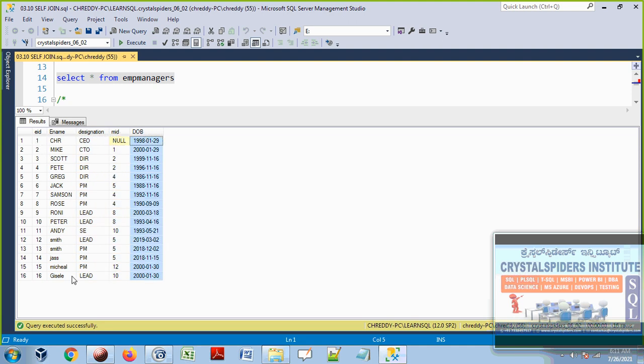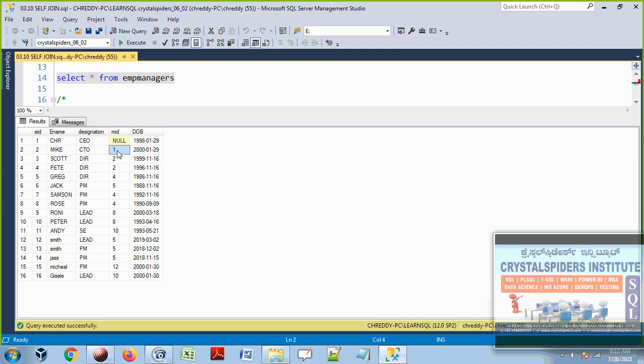We can understand this table first, and then implement the self-join concept against it. CHR is one employee, his designation is CEO, and manager is null. Null means CHR does not have any manager assigned, and his date of birth is 1998. Mike's designation is CTO, and who is the manager of Mike?